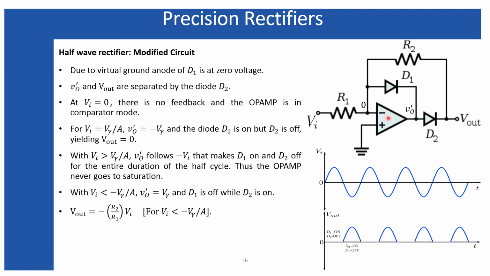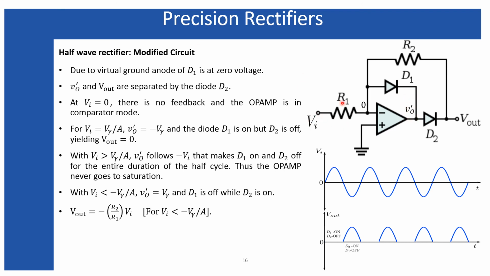Now the input is just greater than the threshold voltage of the diode D1, and the output will be the open loop gain multiplied by that input voltage. When it is multiplied, automatically the potential of the output voltage will be greater than the threshold voltage of the diode D1. Now the N side of the diode D1 is connected with the negative voltage, and the P side of the diode D1 is connected with the zero potential, and the potential difference is greater than its threshold voltage. So automatically the diode D1 will conduct, and the immediate output voltage V naught dash will follow the input voltage.